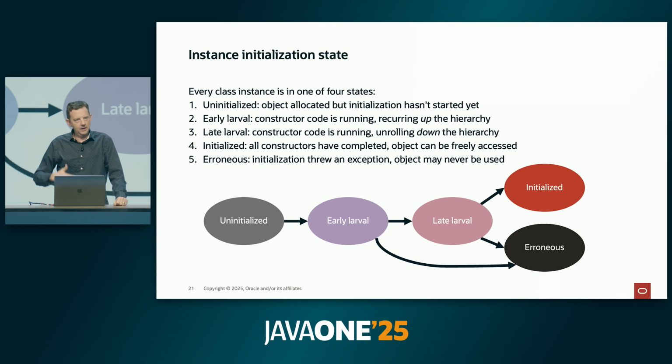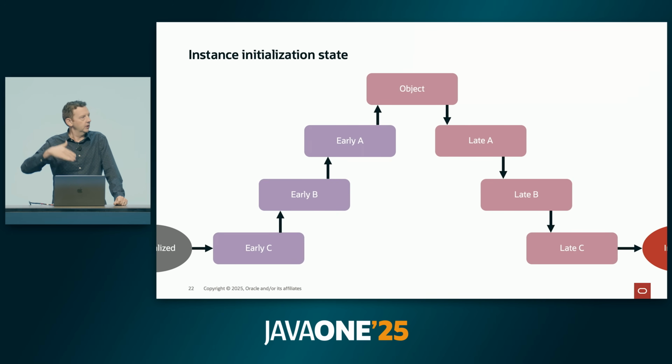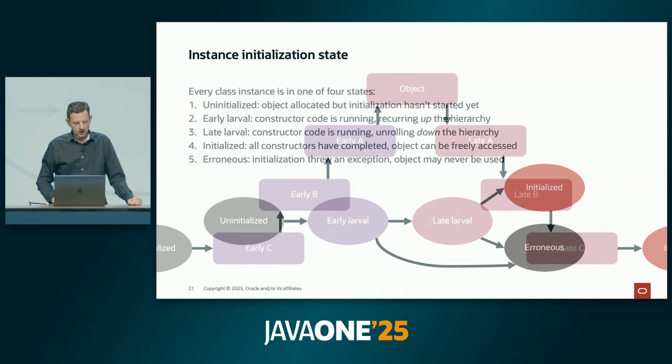And then you hand off to a superclass, and this recurs. So what you see on this next slide is I've got a class C. It's going to hand off to class B, then to A. Each one of those executes its early code. And when you finally reach Object at the top, now you shift into the late construction phase. And we work our way back down, A, B, and C in the opposite order. I think when we're writing constructors with hierarchies, people are used to the superclass going first, and then I'll go next. But with this additional space for code in the early phase, it goes all the way up and then back down. And so the timing can be a little trickier.